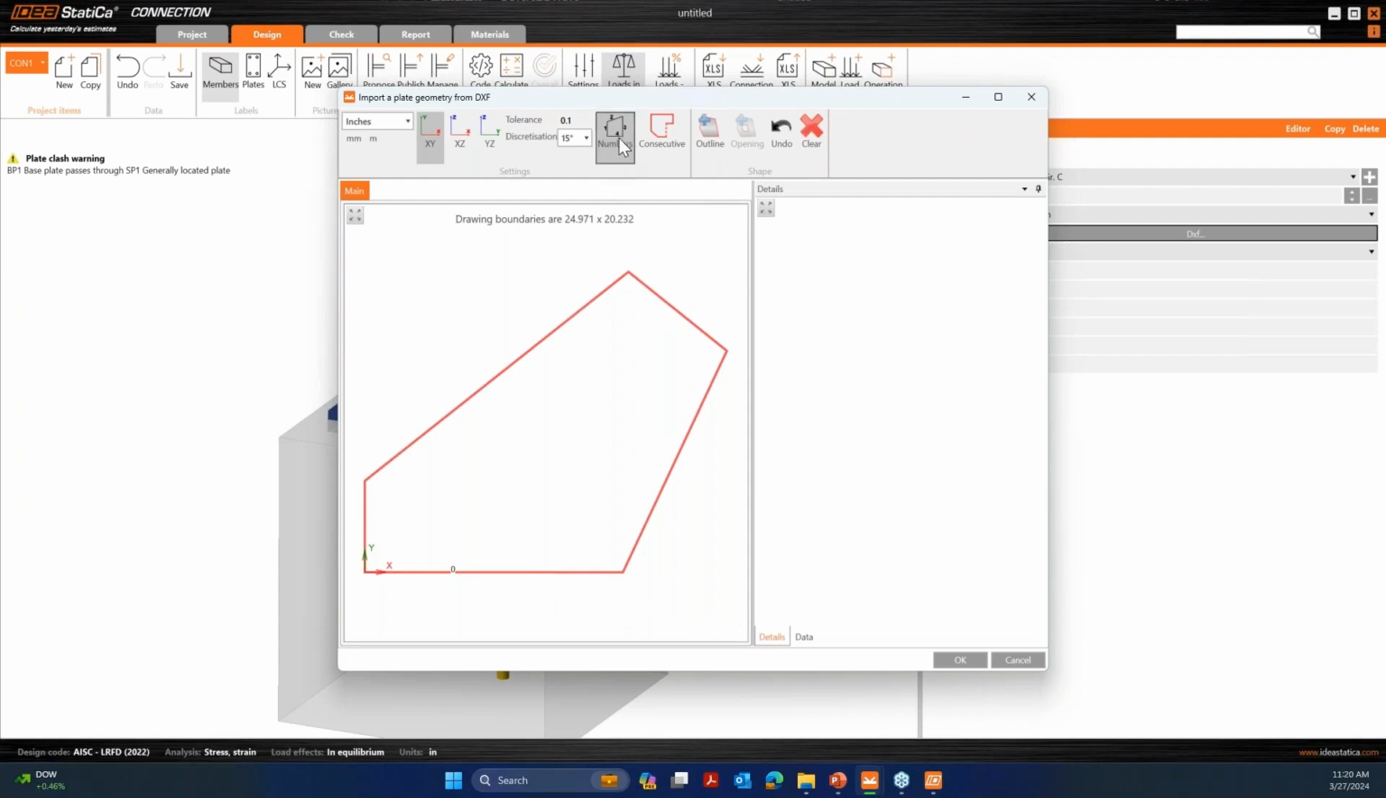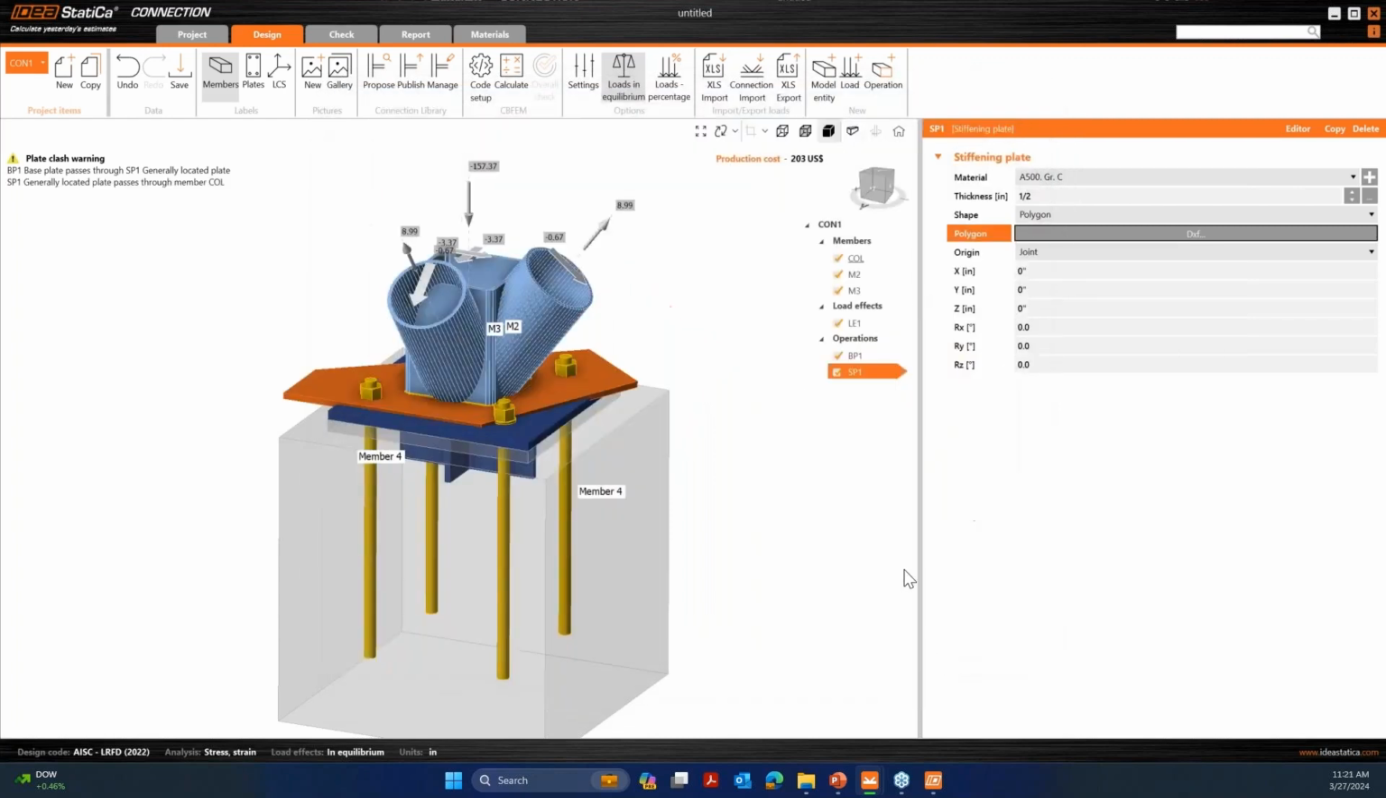And this is where the number feature will come into place. Now, once we have the consecutive line, we can just outline it, and on the right, it will give us the dimension for that new geometry. If we click OK, that plate will be imported into our model, and all we have to do is just adjust its